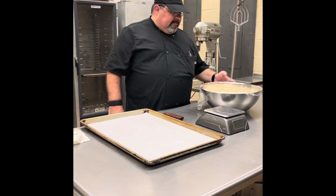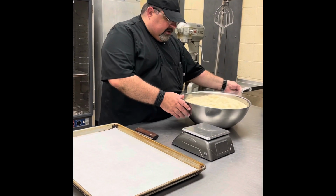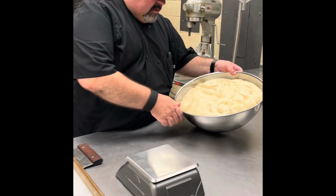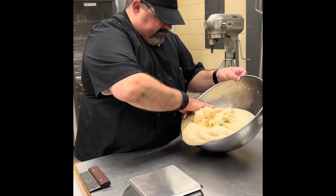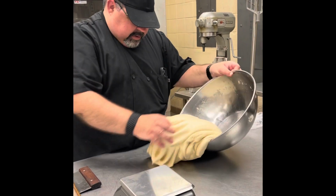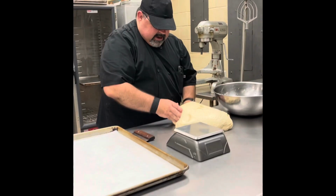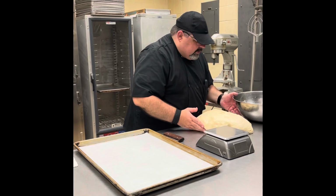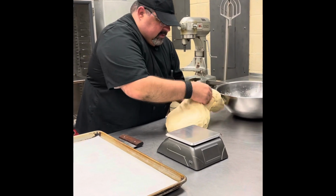Okay, so now that the dough has proofed up again, we can take it out of the proofer. We'll take the plastic wrap off, and we just pull this dough out. See how nice and fluffy it is? Comes right on out, just like that. All right, so what we're going to do now is we're going to portion this into 3-ounce